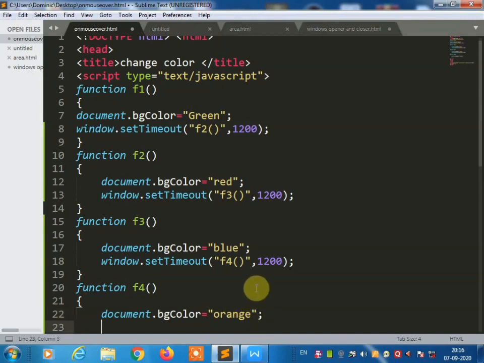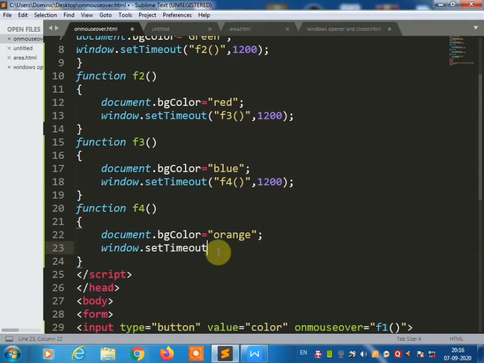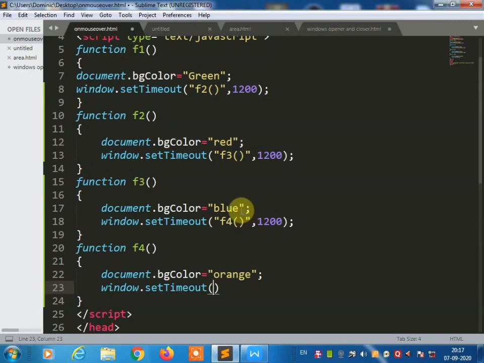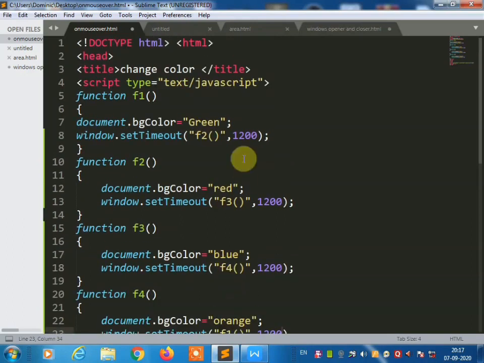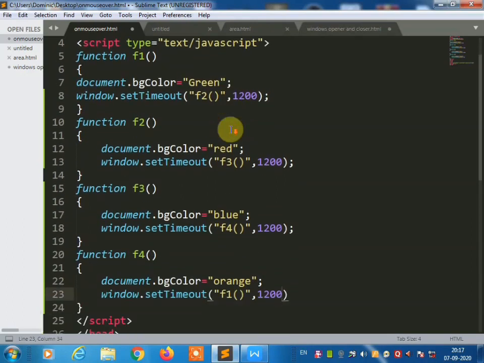Semicolon, window.setTimeout function, double inverted quote f1, comma, 1200. So here we finish 4 different colors excluding the default color white: green, red, blue and orange.